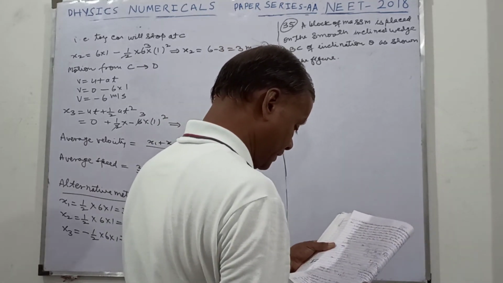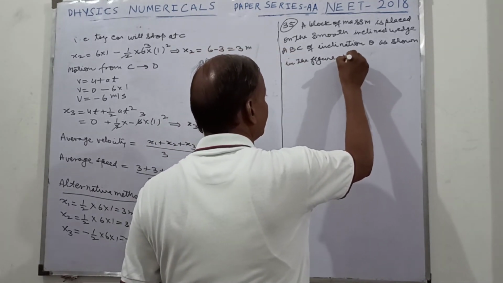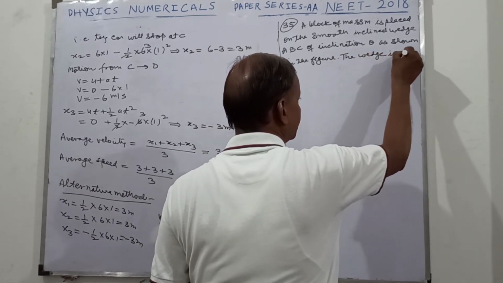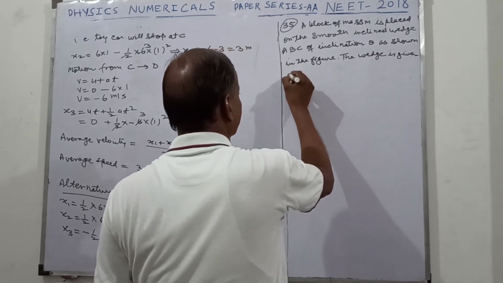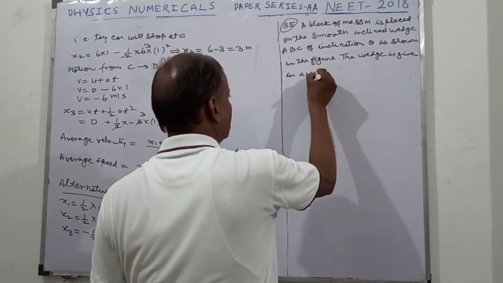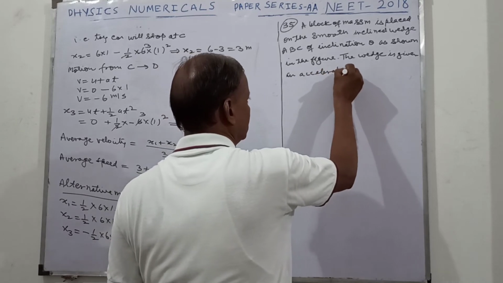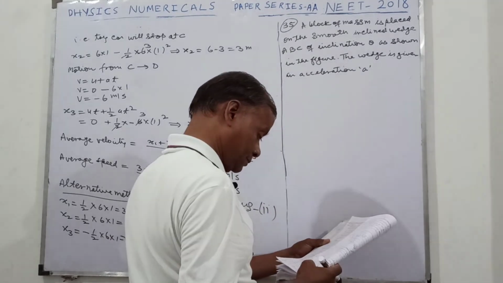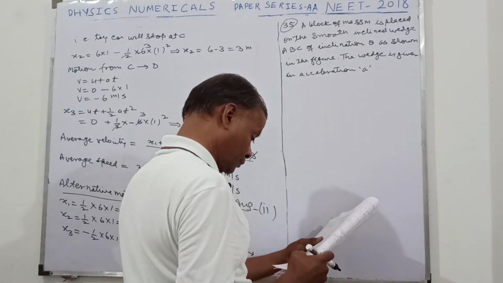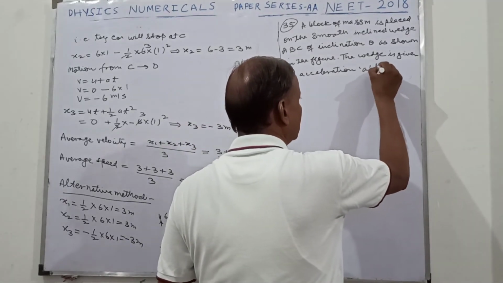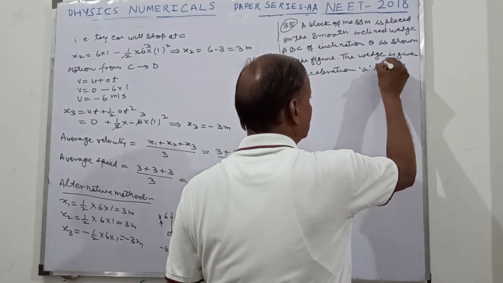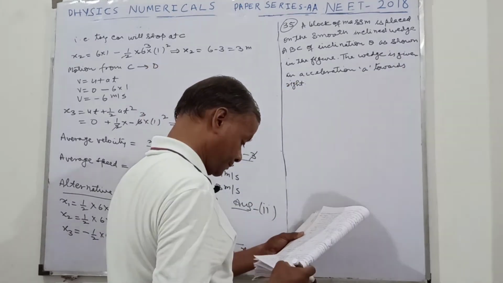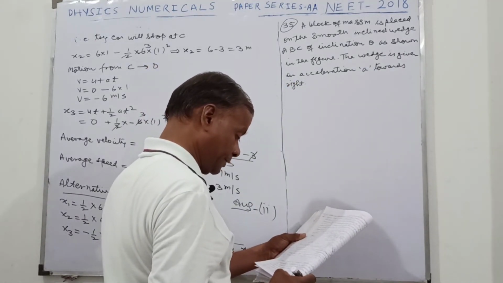The wedge is given an acceleration A towards the right. The relation between A and theta